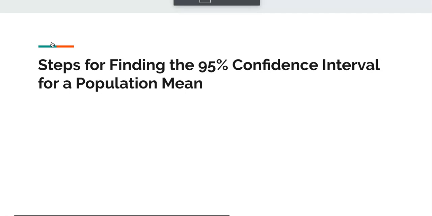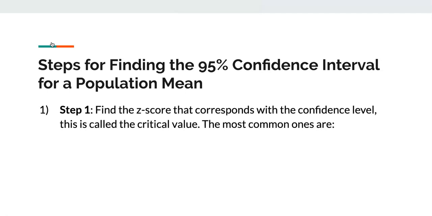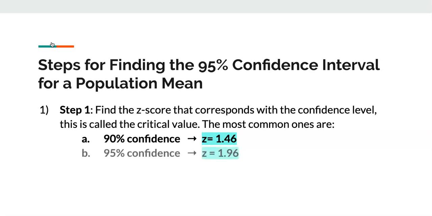So, remember how to find those z-scores. Most common ones that we just kind of memorize, or we can look these up without using the standard table or normal calculators. These are one of the common ones that you will need to use. For 90% confidence level, use z-score of 1.46. For 95%, that's going to be the most common. We're going to use the z-score of 1.96. Okay, and 99% confidence interval or level, we're gonna use the z-score of 2.58. These are the common ones that if you have in your notes, you can use them when you're doing the